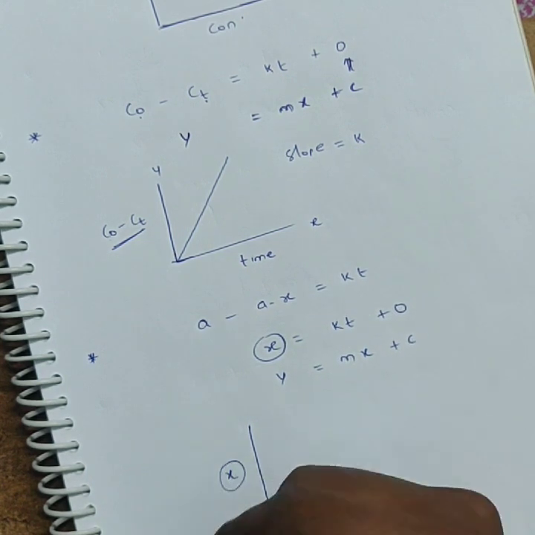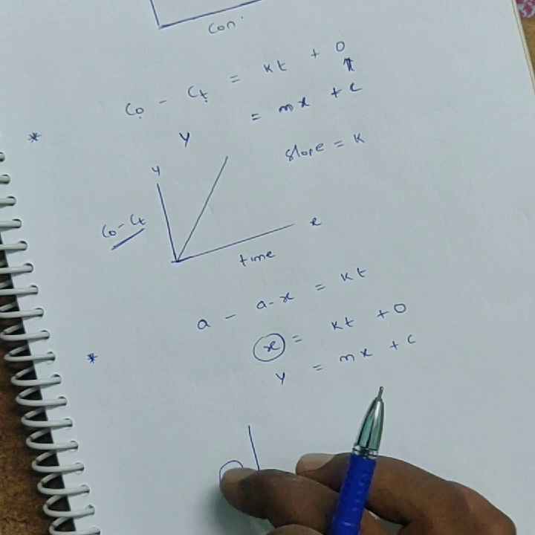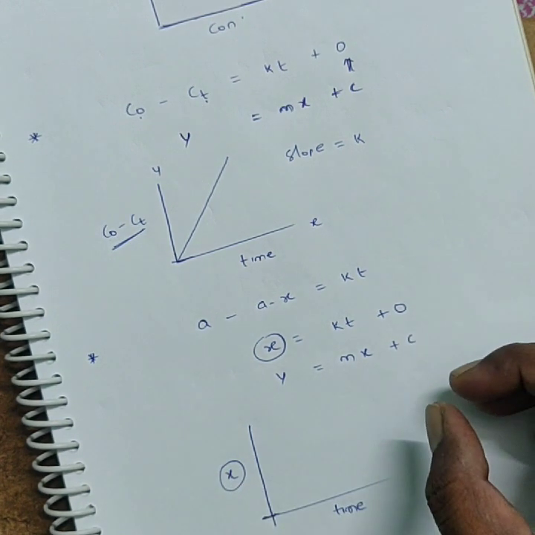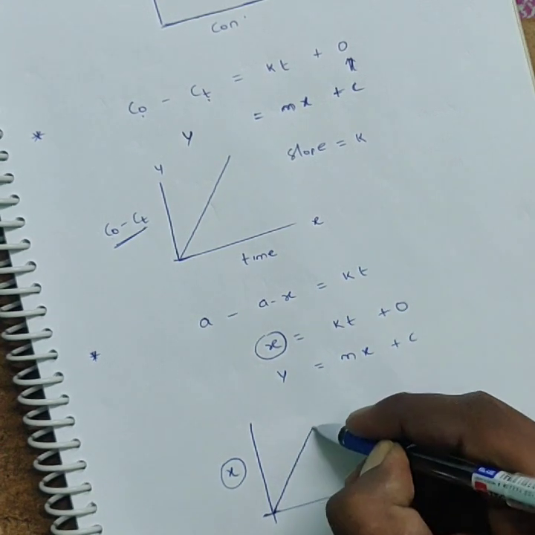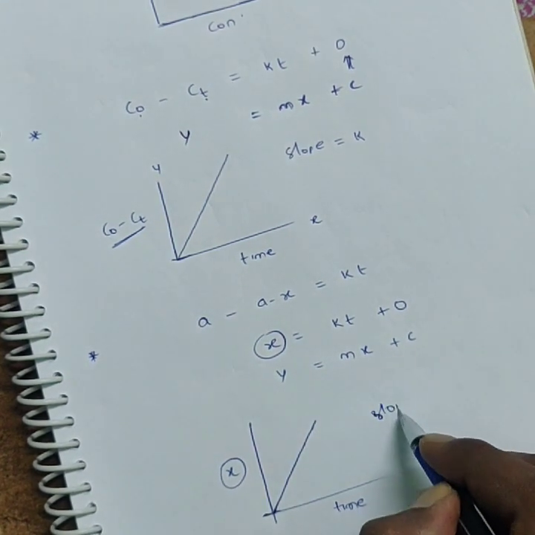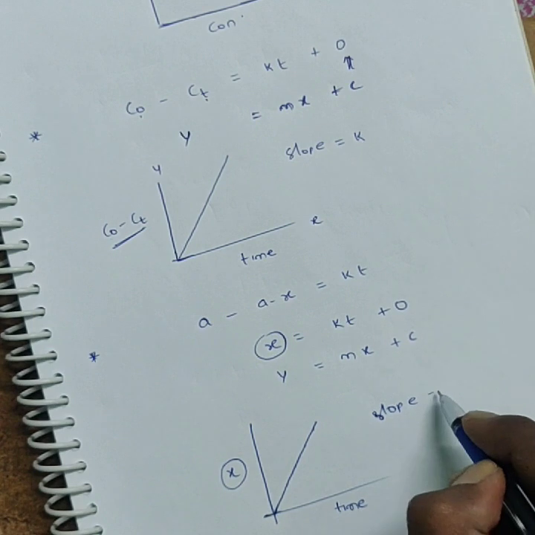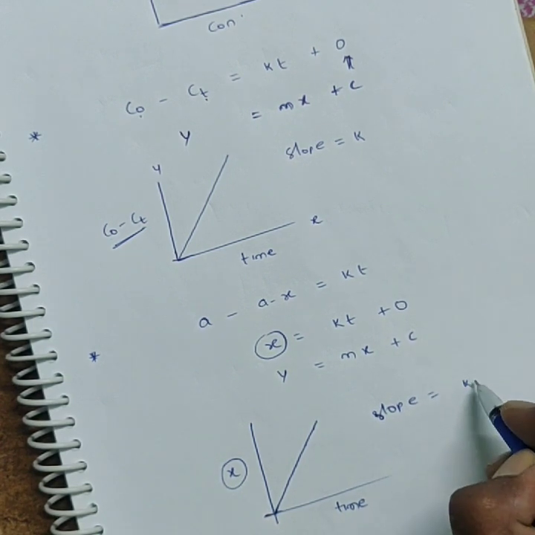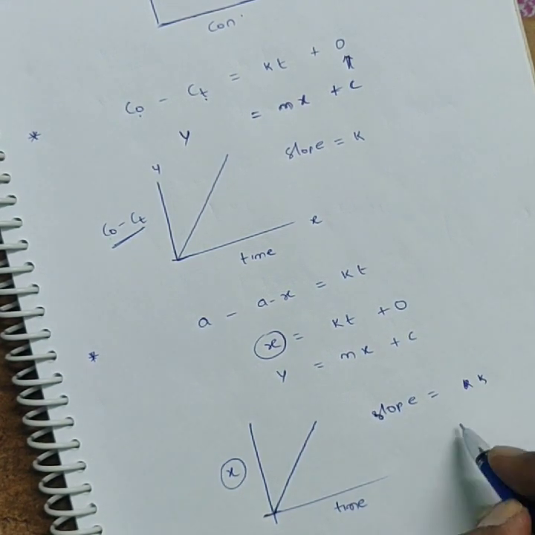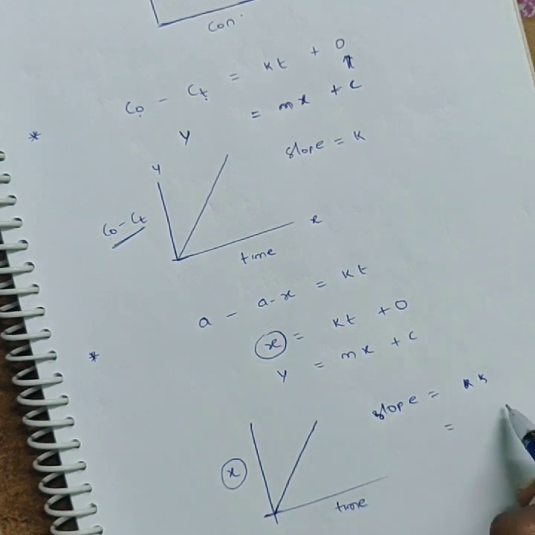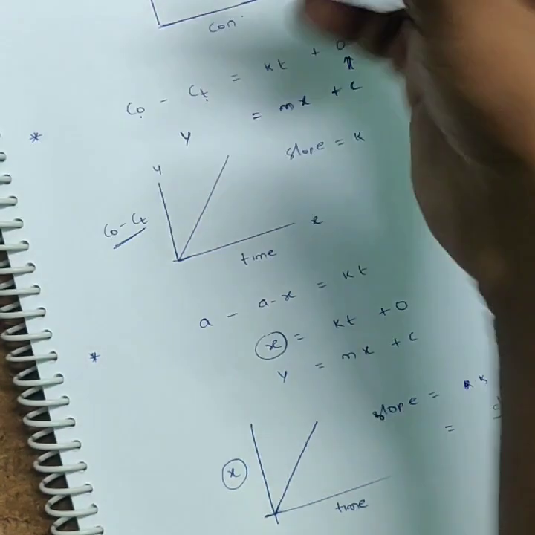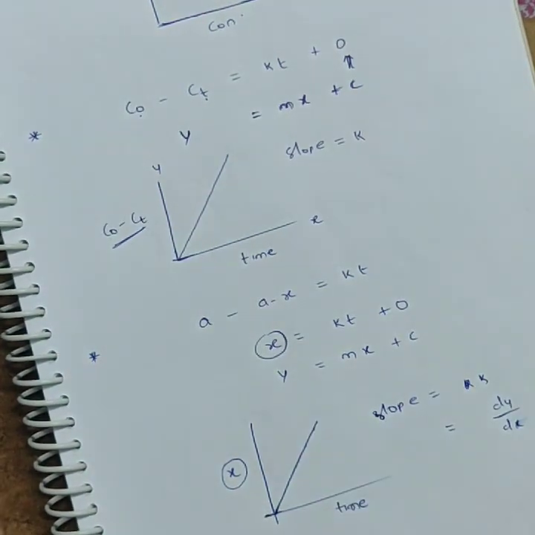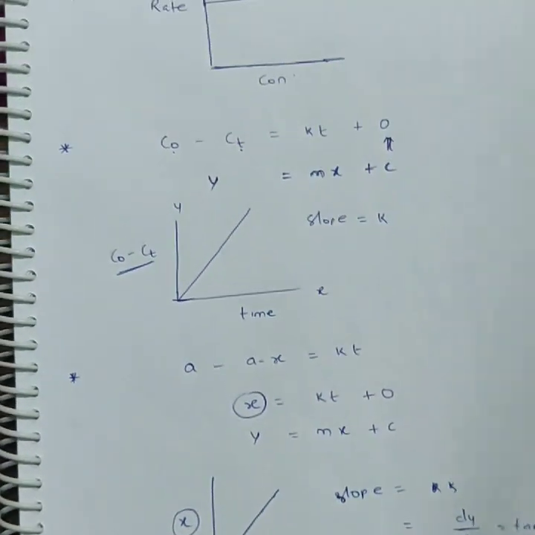Or we can understand this in another manner also. It is the amount of product which is formed. At the beginning it will be 0. As the time goes on, it is continuously increasing. So it is similar to the above graph. Slope is equal to k. Intercept will be 0. We know dy by dx is nothing but tan theta. Similar factors will come even for the above graphs also. This is the third graph.